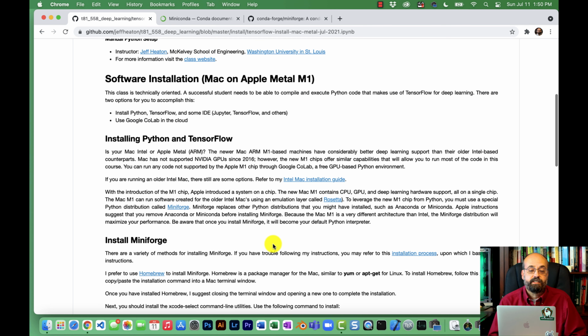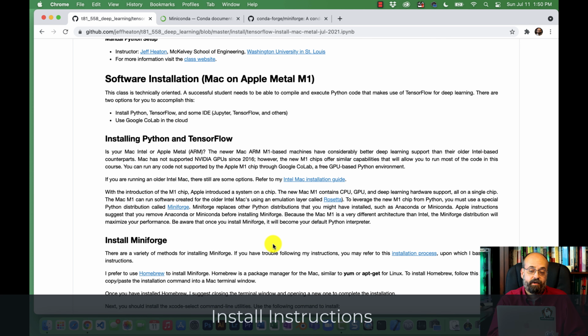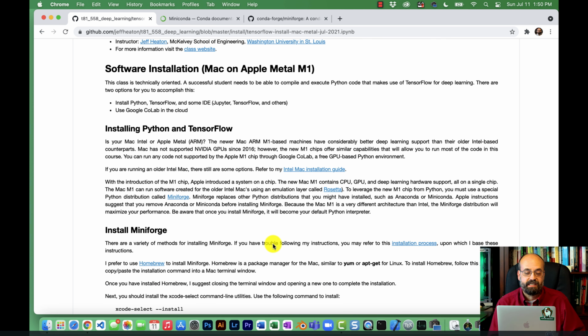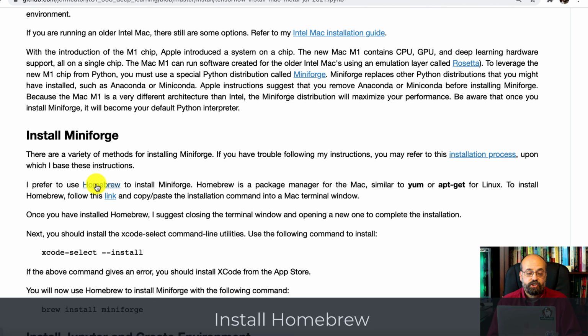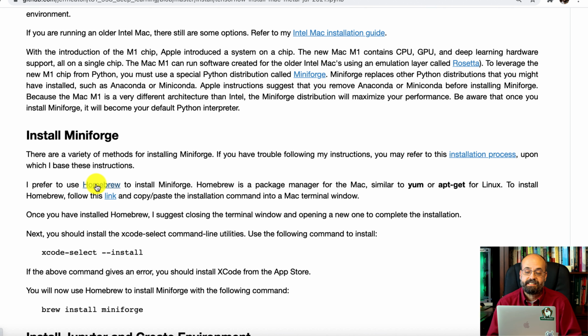So these are the instructions. I talk about basically what I just told you in terms of dealing with the multiple versions and dealing with MiniForge. I suggest starting by installing MiniForge. I like to use Homebrew to do this, and I'm going to show you how to install Homebrew. It's similar to Yum or apt-get if you're used to Linux. It's kind of like the command line version of the Apple Store, if you want to think of it that way. If you go to the Homebrew page, this command right here is the installation. That's all it takes. So we copy that, and I'm going to open up a terminal.